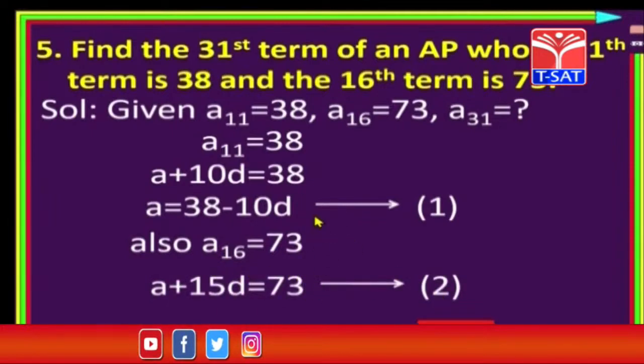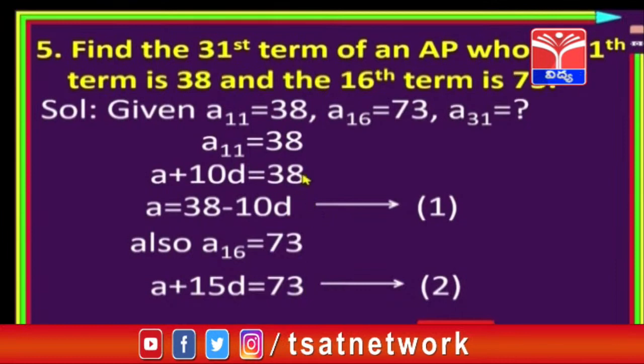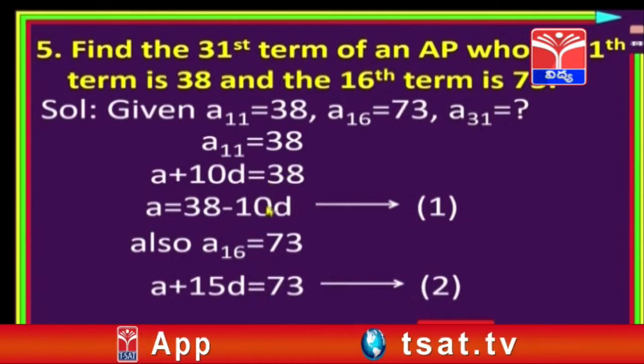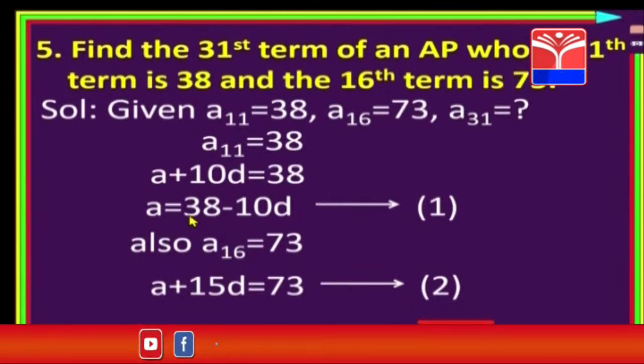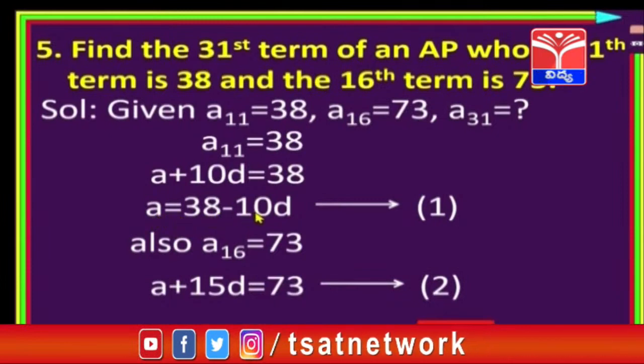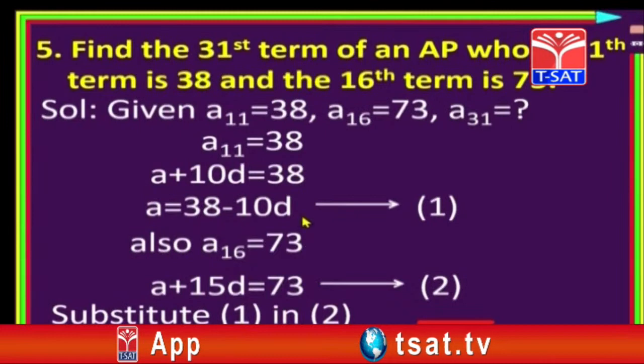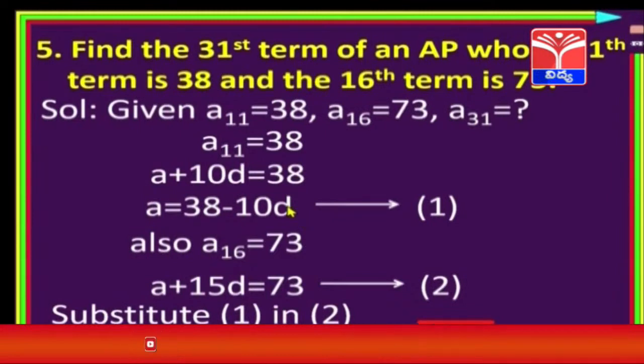So solve these two relations. Okay. Otherwise maybe A plus 10D is equal to 38 also equation number 1. Then these are the two linear equations in two variables. Okay, solve those two linear equations in two variables, you will get A and D. So this is another method, this is a substitution method. Okay, so A is equal to 38 minus 10D. Substitute this A value in 2. Substitute 1 in 2. As these are linear equations, we can solve by elimination method or substitution method,